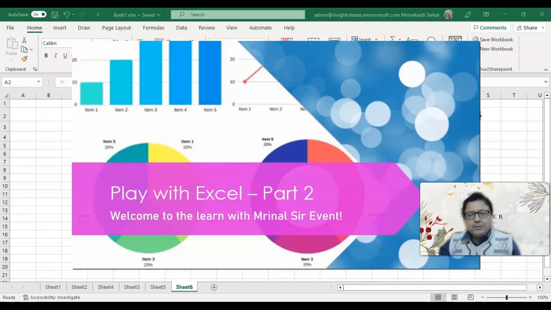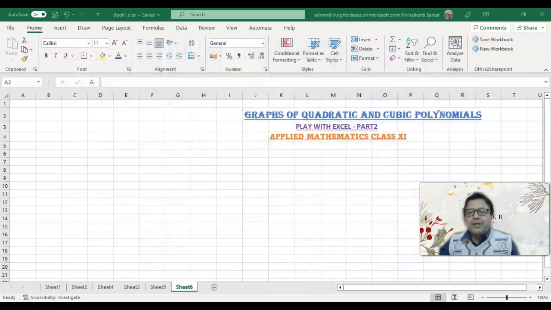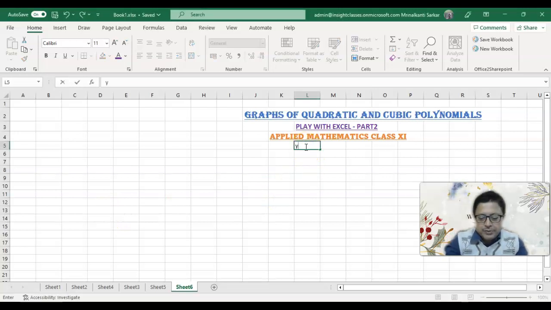Good morning everyone. This session I am going to explain a quadratic polynomial. Already you have done graph of polynomial function by taking a first degree polynomial, which is basically a straight line. Now let us see how to plot a quadratic polynomial. Suppose you are taking graph of y equal to